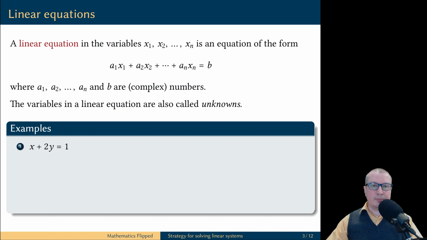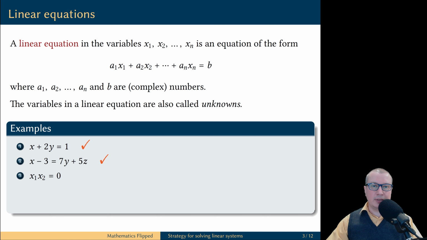In the first example, this is indeed a linear equation because we have two variables, x and y, that are multiplied by constants. We can think of x as being multiplied by 1, y is multiplied by 2, we add up the results, and we set it equal to another constant 1. Next example. This is also a linear equation, even though it is not written in this standard form, but of course you can take y and z to the other side, 3 to the right, and you will have a well-defined linear equation in 3 variables.